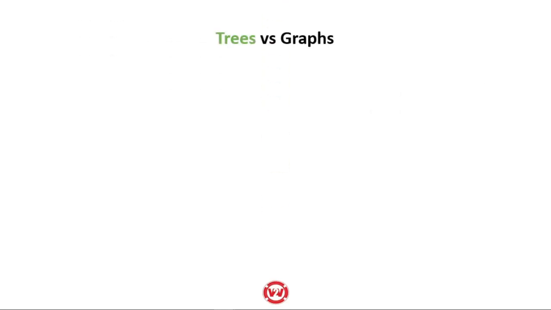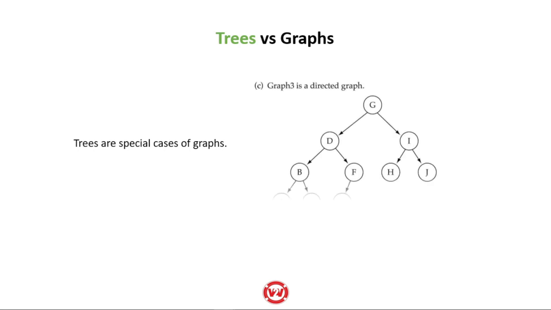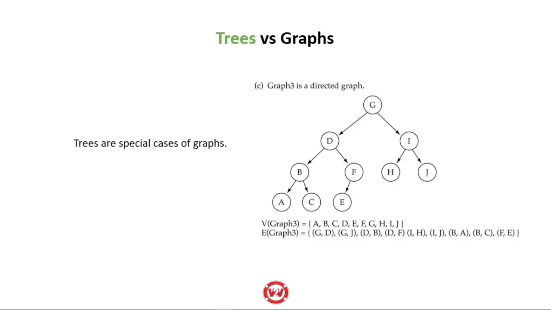Now, specifically, what are the differences between trees and graphs? Trees are specific cases of graphs. We have already studied trees in our previous lectures. You may visit those videos if you want an overview of what exactly a tree is. Now, this, if I say, is a directed graph as I discussed in the previous slide, because I have directions from one vertex to another. Although this is a kind of tree, it is still a special case of a graph. So a tree is also a kind of graph.